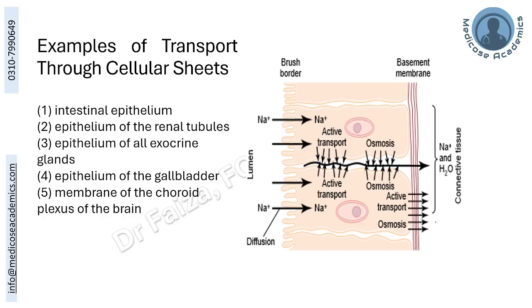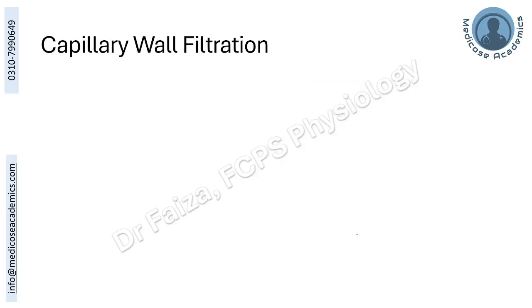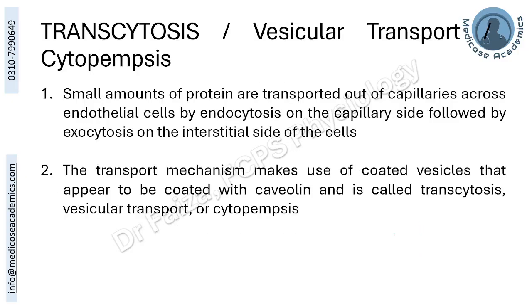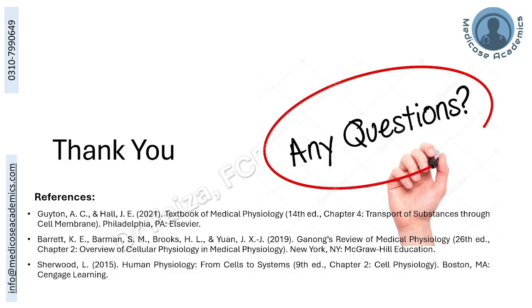This type of transport is known as bulk transport, and this is majorly governed by the pressure differences, as you will discuss in your cardiovascular module. Similarly, this happens at the level of capillary walls. The pressure differences, including the Starling forces and oncotic forces, govern the movement across the capillary membrane. And this type of movement, in which the substance enters the endothelial cell on one end and exits on the other end, crossing both ends, is also known as transcytosis or cytopempsis. So that's all about the vesicular transport.